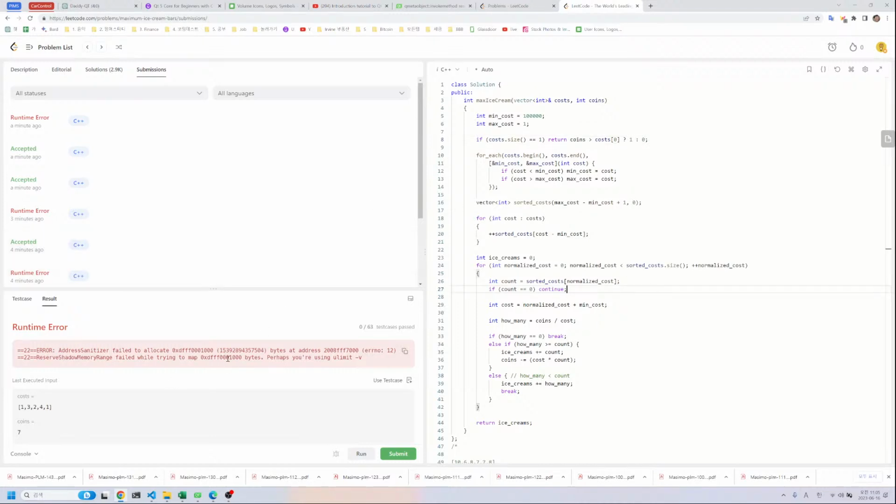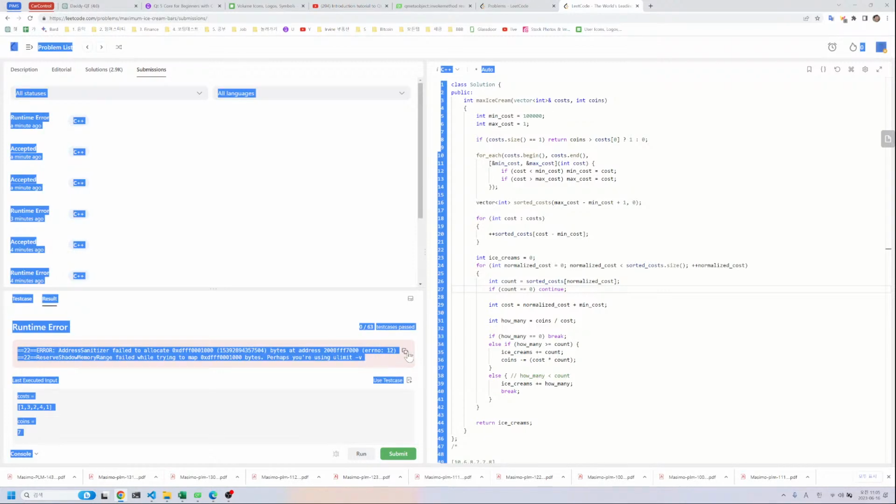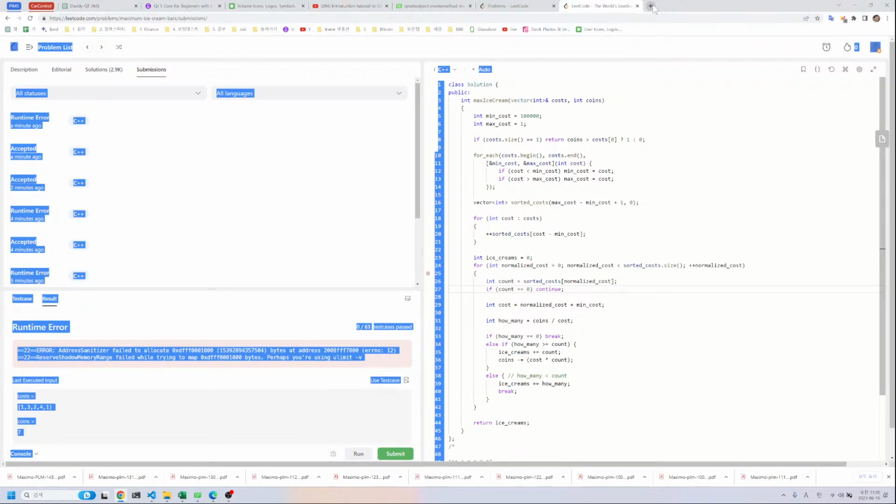While trying to map byte. First, you're using ulimit. What's ulimit? I guess this error was caused